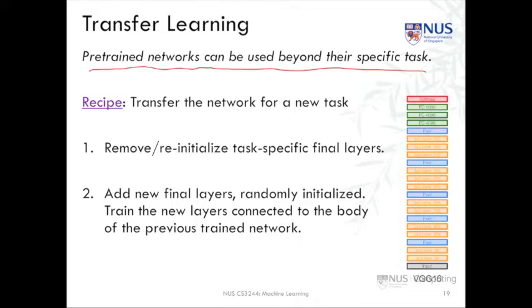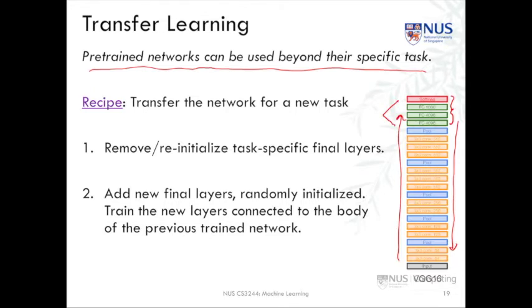And how do we do that? It's actually fairly simple. What we're going to do is either remove or re-initialize the task-specific final layers. For example, if we take the VGG network that we saw in the earlier part, we can take the last 4 layers consisting of the fully connected layers and the softmax, re-initialize them with random integers, and then train for a new data set. So we're going to, again, propagate forward through the network, get a detection result, and backprop, and tune all of the parameters. Specifically, we'd be targeting the parameters that are found in the new part of the network,